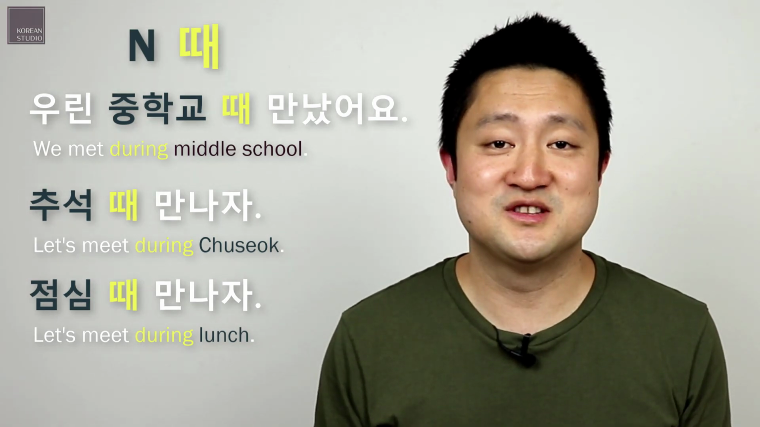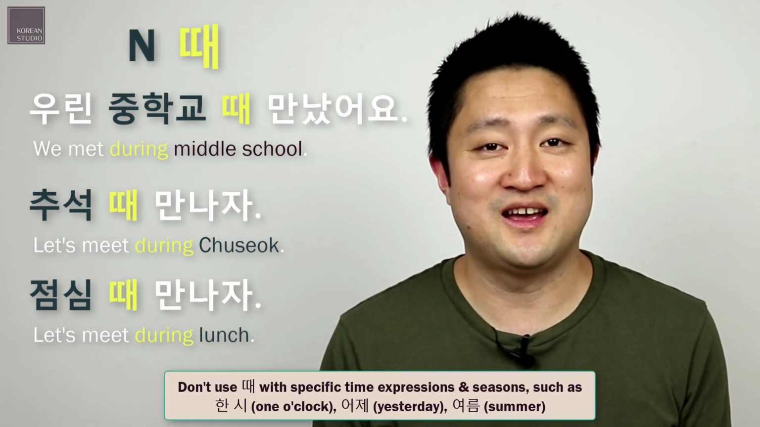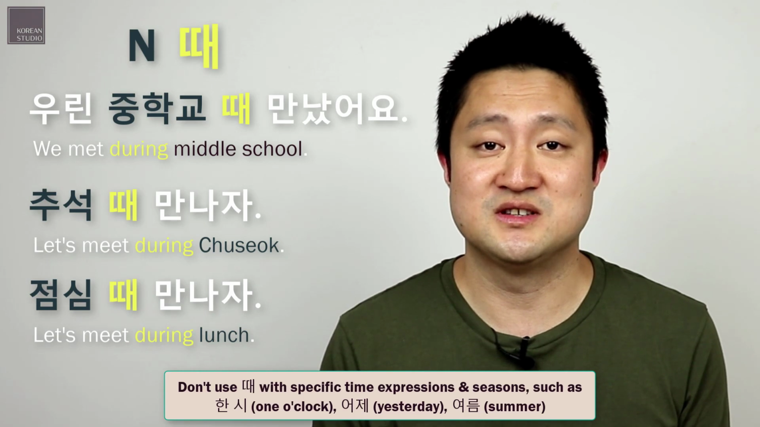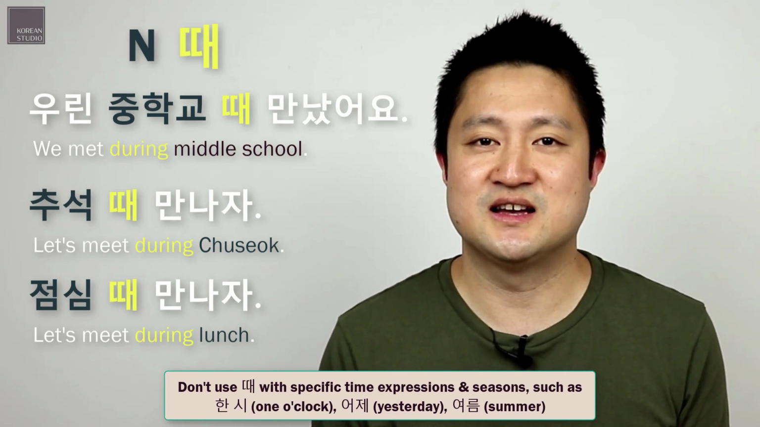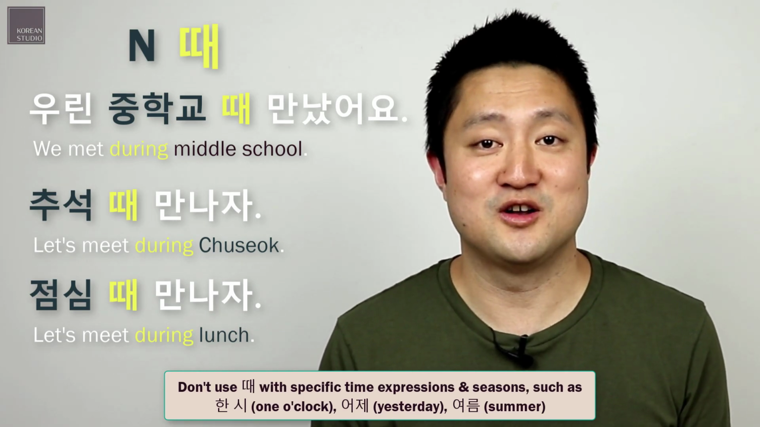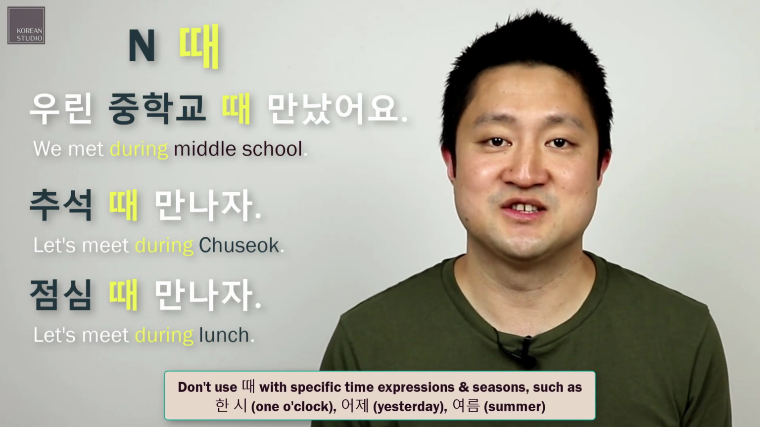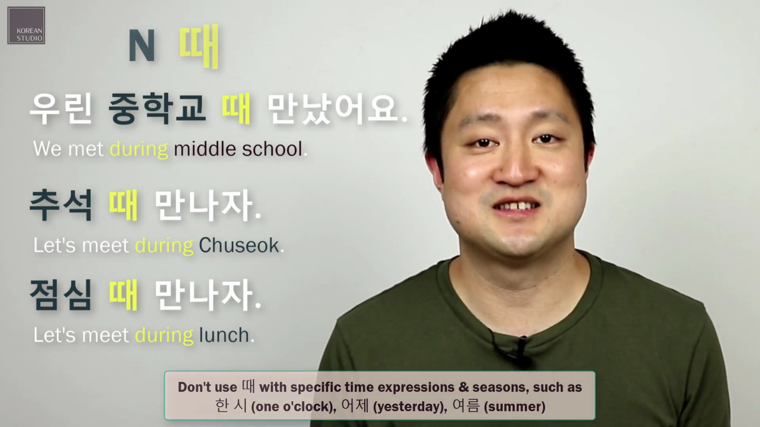One important point to note is that we don't use 때 with specific time expressions and seasons, such as 1시, 1 o'clock, 어제, yesterday, and 여름, summer. Second use of 때 is when it's used with verbs. When 때 is used with verbs, it changes to 을 때, and it's used as a conjunction, just like when,